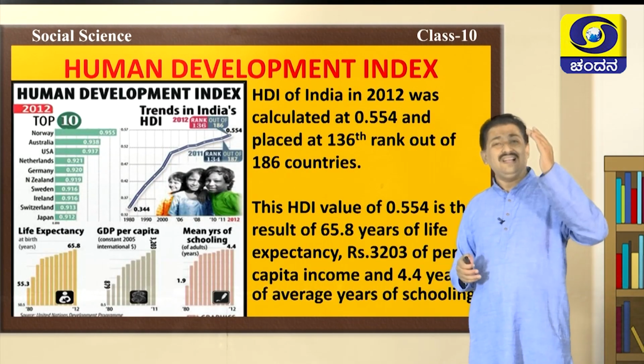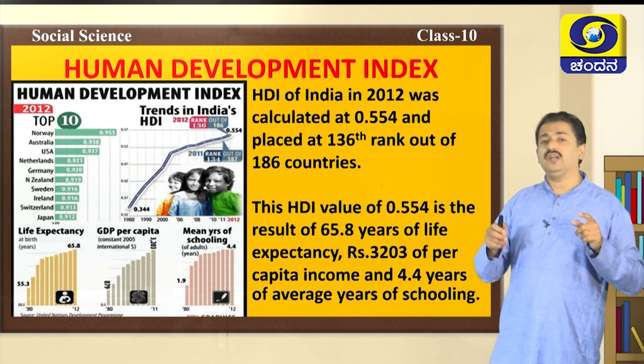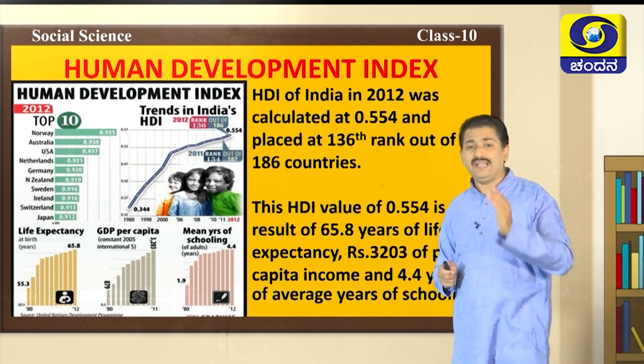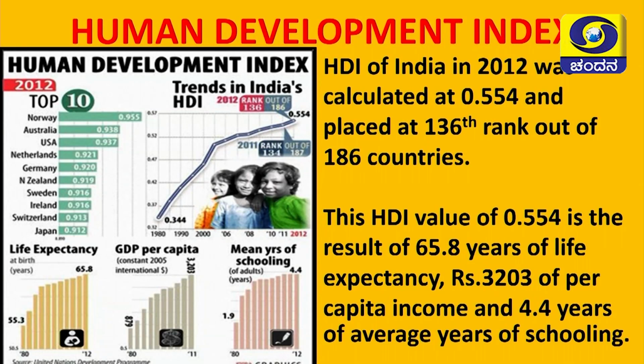Dear students, it is given in your textbook. You observe the Human Development Index and the standard of different nations and where actually India stands. As per this, in 2012, let us see the HDI of India. HDI of India in 2012 was calculated at 0.554 and placed at 136th rank out of 186